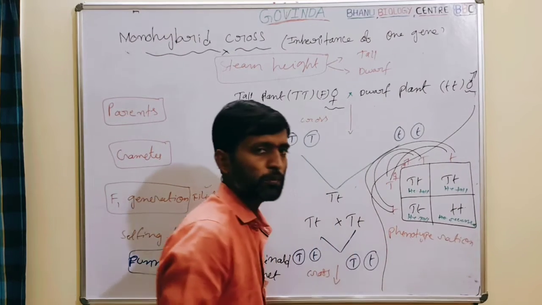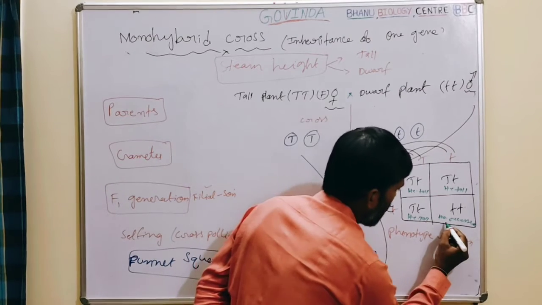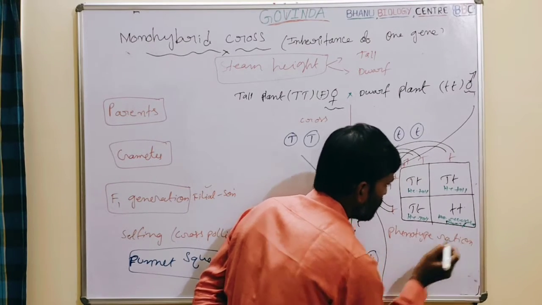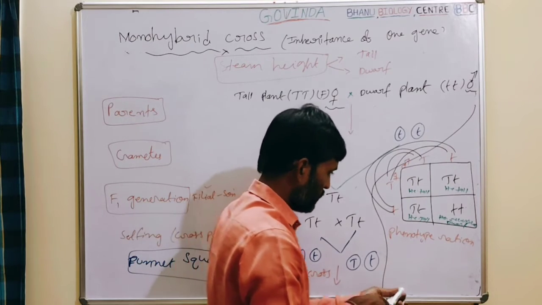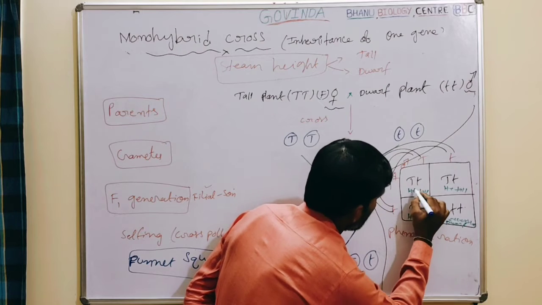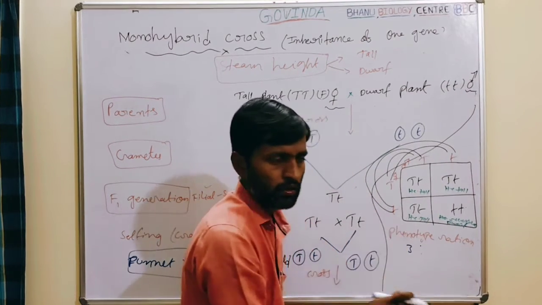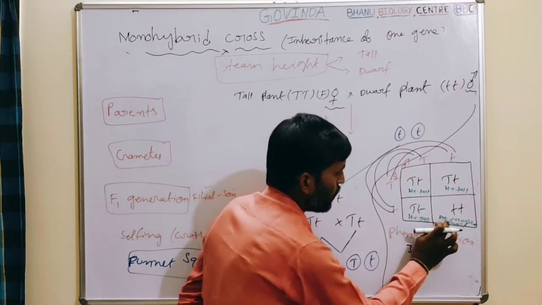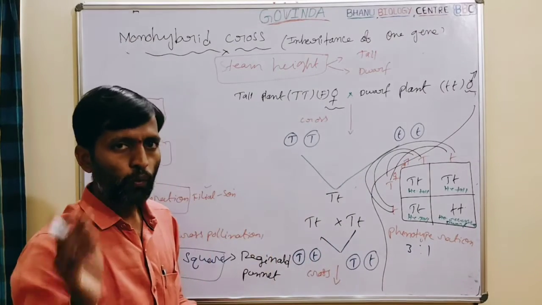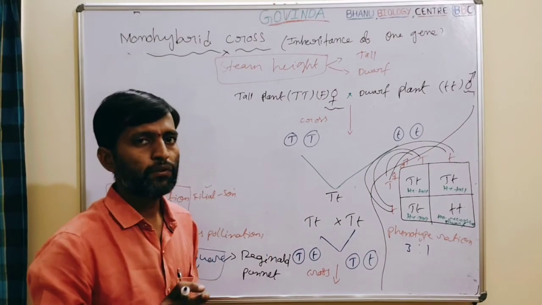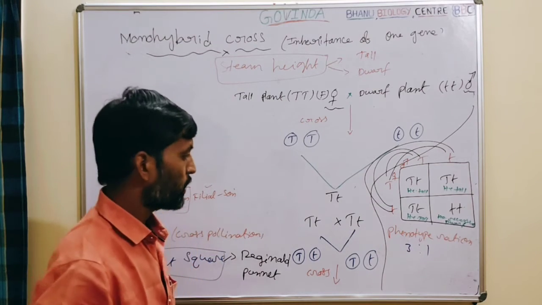This plant, small t, represents a homozygous recessive plant, which means dwarf. The plant is short. Now write the ratio: 1, 2, 3. Three are heterozygous tall. Then I wrote the number 3. Then only one is homozygous recessive, so I write 1 here. So 3:1 becomes the phenotype ratio in the F2 generation of the monohybrid cross.